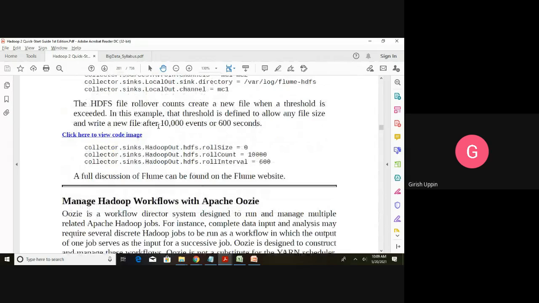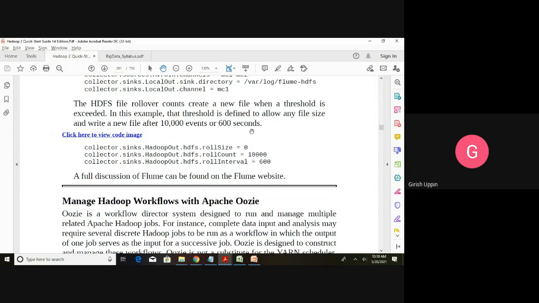The HDFS file rollover counts create a new file when a threshold is exceeded. As I said, these are continuous streams, right? It's going to write the data continuously, so we should have some means to roll over. We can have some kind of threshold where we can stop and create a new file.